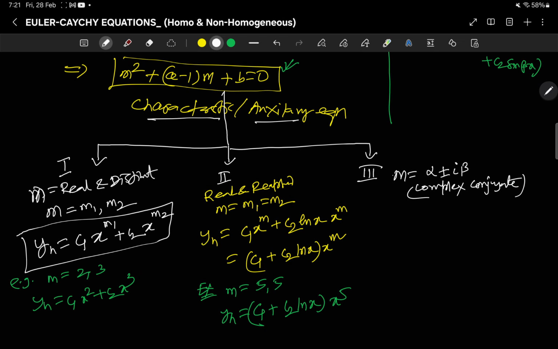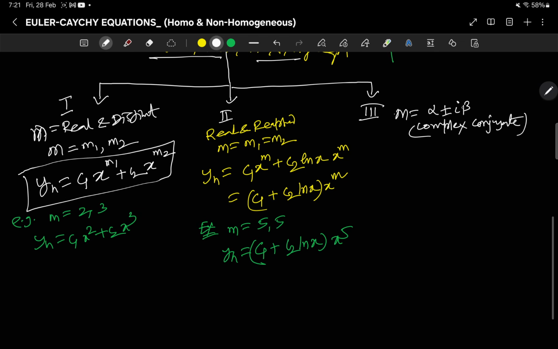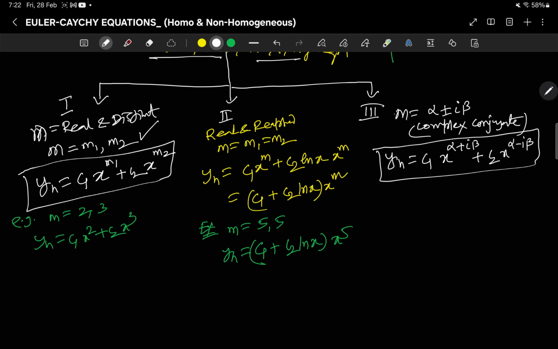Then what is the solution? In this case, if you think of alpha plus i beta and alpha minus i beta in line with this, right, then what will happen? Here y homogeneous is equal to c1 x to the power alpha plus i beta plus c2 x to the power alpha minus i beta. Okay, but if we want to make it free from i in this power here, free from complex number, then